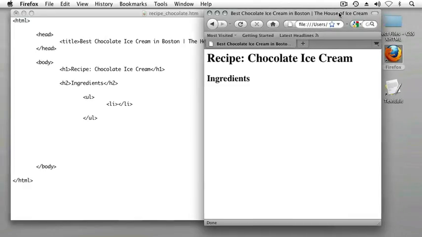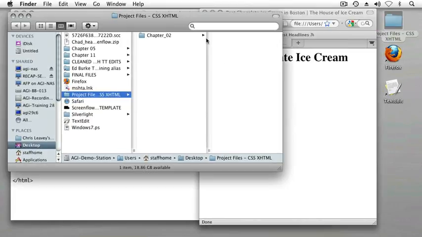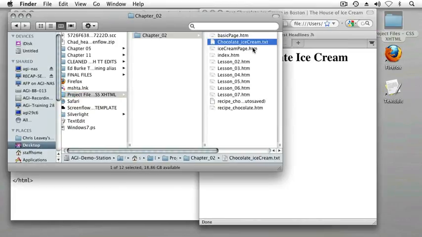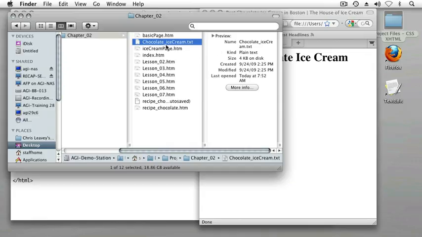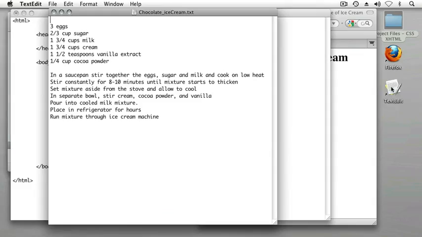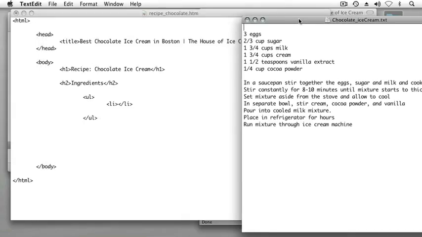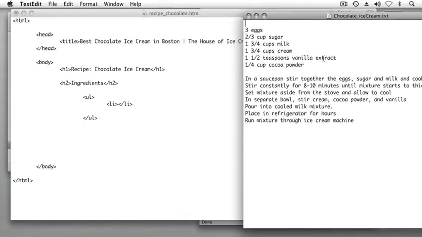Now, if you look in the project files folder for chapter 2, you should find a text file, chocolate_ice_cream.txt. I'm just going to drag that file onto TextEdit, and you can see all of the ingredients necessary. We're going to use this text to create our unordered list, and as soon as we finish that, we'll move on to creating an ordered list, which we'll define to specify the directions for how you would create chocolate ice cream. So now, to get these ingredients into our HTML document,